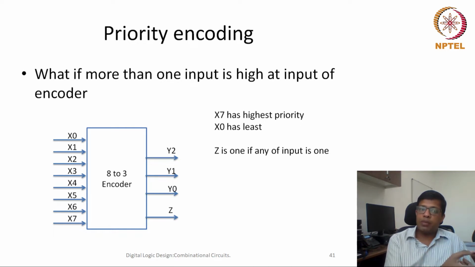Here we are making an exemption to both of these conditions. More than one input could be 1. The other is also true, that none of them could be 1. All of them could be 0. So because we are taking two conditions, one could be solved by priority. We are prioritizing: if more than one input is high, then we can solve it using priority.